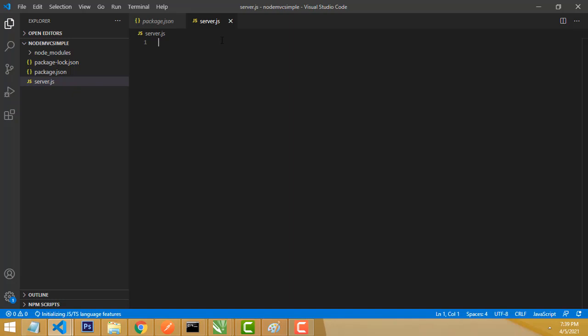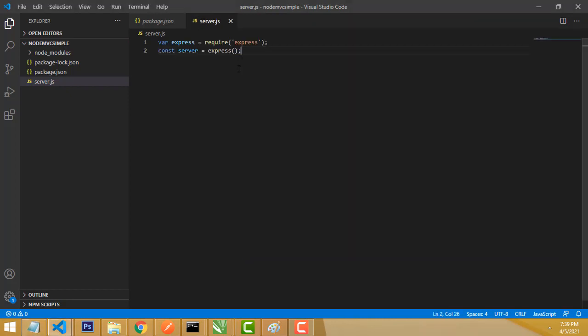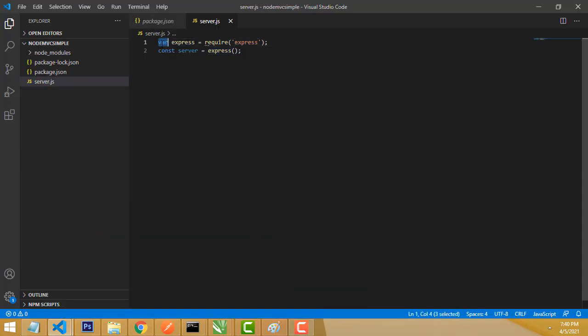First I have to import Express. Var express = require('express'). You can put const or var for the variable, no problem. I will put var express require express. This looks like a namespace. In Java, you import a package like java.awt; the same thing we have to import in Node.js like this. They require this package; we need it. When you create the server, you must install Express. With Express, you will be able to create the server.